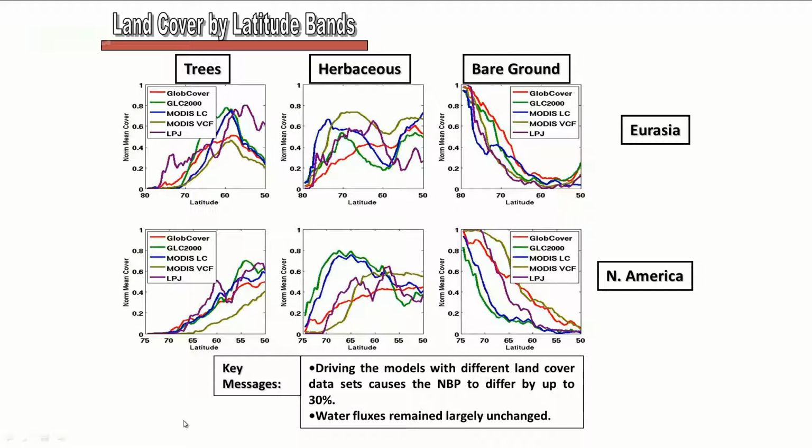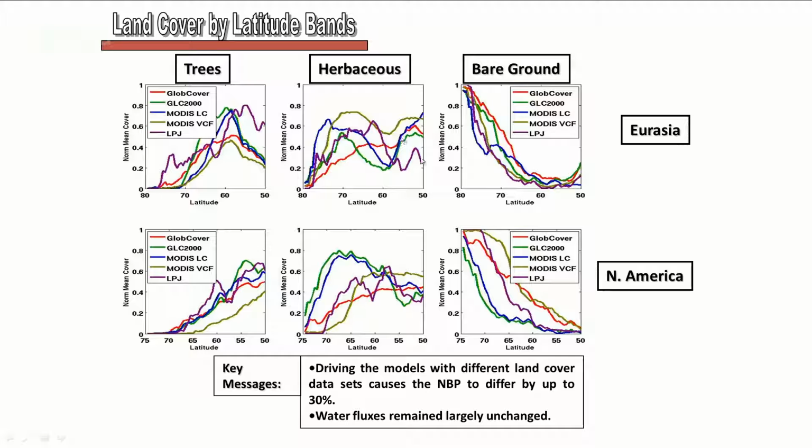And you'll see there are huge variations in the way these land cover inputs describe what's actually on the surface. And those make a difference. These different land cover descriptions can cause up to 30% variation in the net biome production. And that's the climate quantity. That's how much of a sink the land surface is. So that can change just by 30% by changing the land cover using various